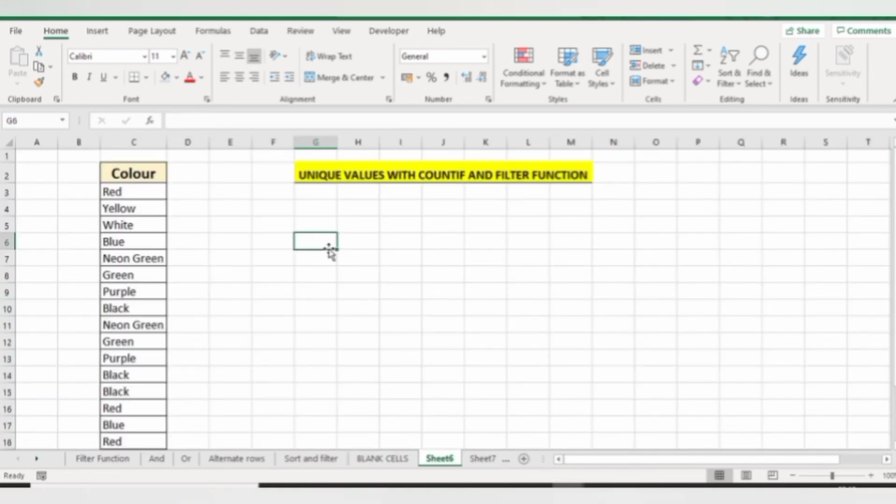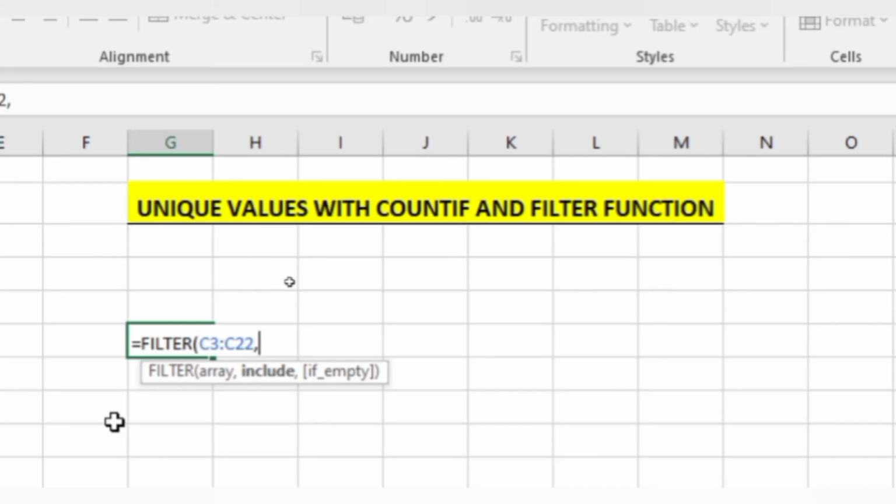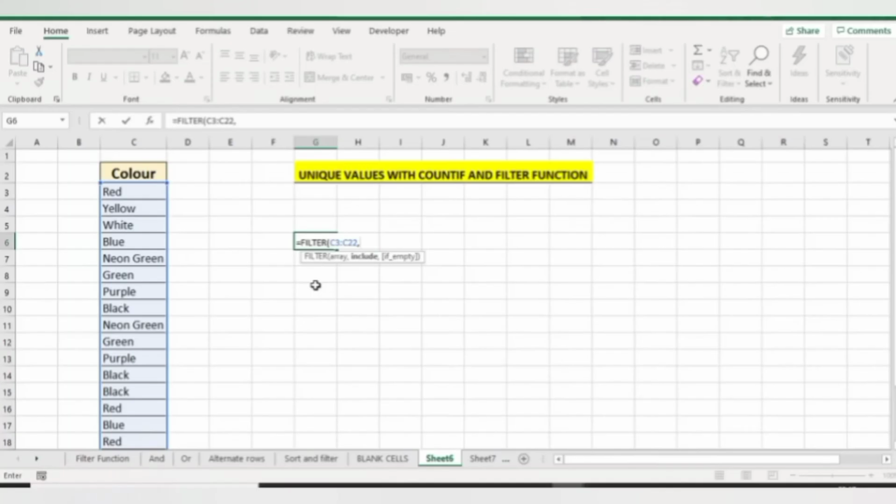Now my next example is, here I have some color names, and out of these color names I want only the color names which are present 2 or more times in my data. So for this I will use the COUNTIF function with the filter function. First of all, I will use the filter function. Now my array is my color column, and here in the include argument I will use the COUNTIF function.